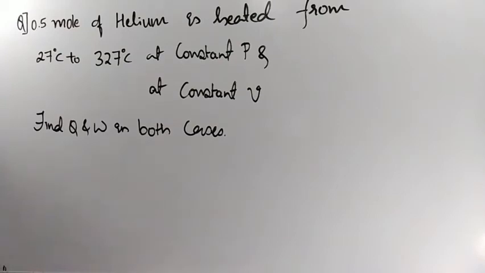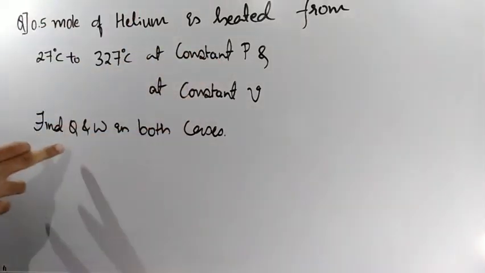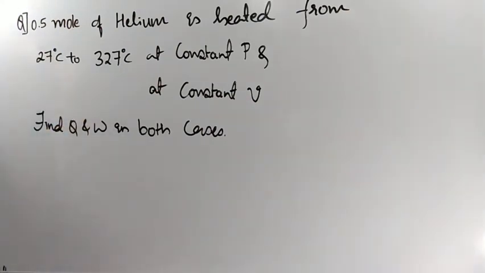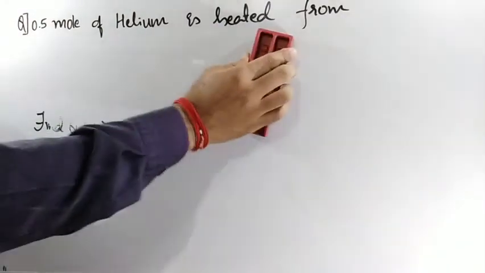Okay, note down the question. We will be going for the solution part. First one, at constant pressure we will calculate Q and W. Later at constant volume again Q and W. In that manner we will be proceeding. Clear? Shall I erase now? So solution. First we are proceeding for the constant pressure case.